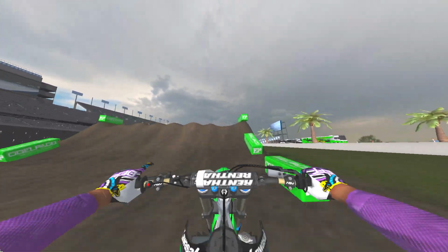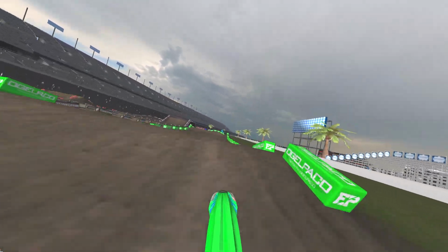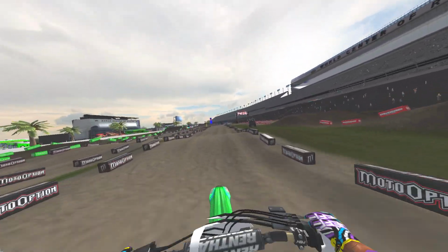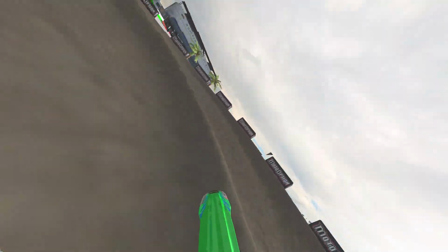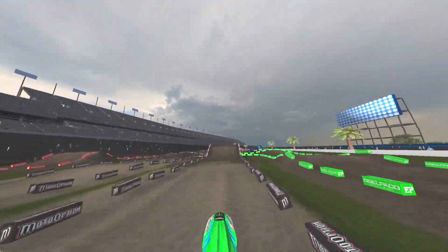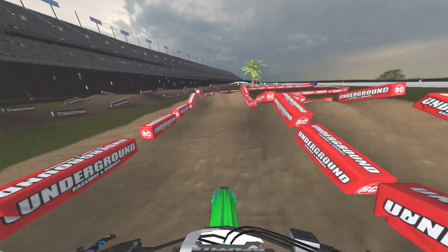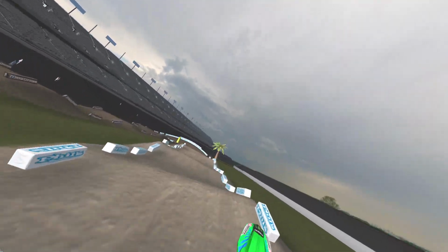To me this track feels like somebody completely different made it than who's really been working on the tracks for the past year and a half. It is that much better. And that's one of the biggest things I've been talking about this whole time: you've got to have that skill gap on the first lap without a groove,